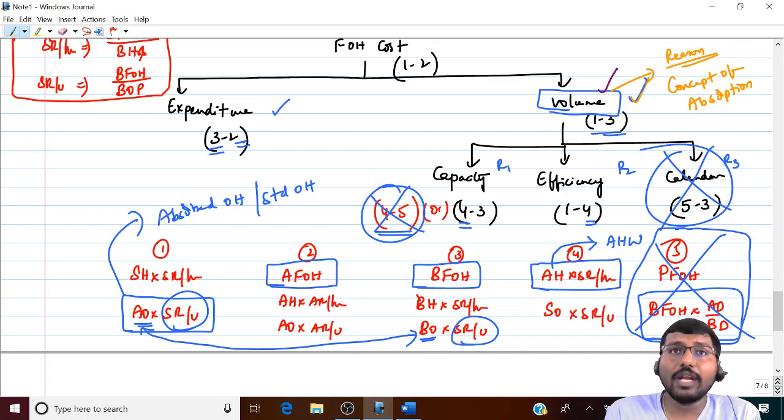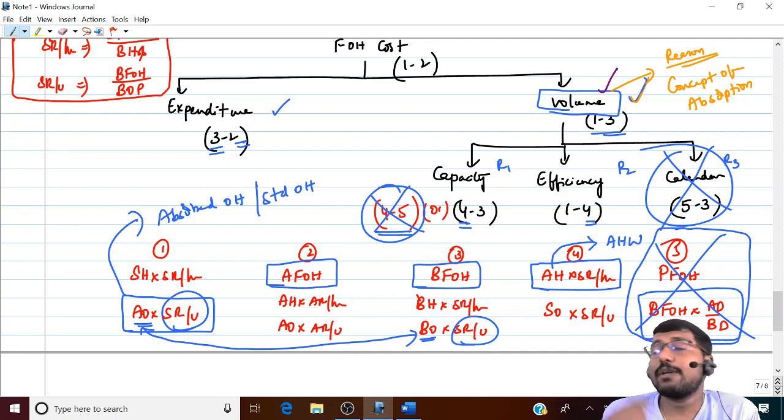And with the absorption rate, you multiply the actual output that has been produced. Which means because of change in output, what you absorb will change. So here volume variance talks about absorbed overheads that have changed because of change in volume. In reality, your fixed overheads will remain constant only. Your budgeted fixed overheads will remain constant. Your actual fixed overheads also will remain constant irrespective of change in volume.